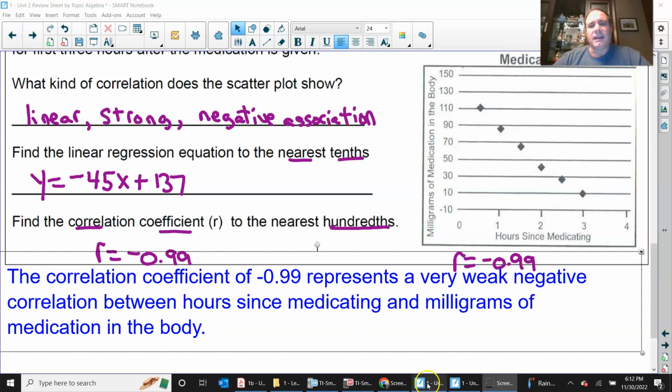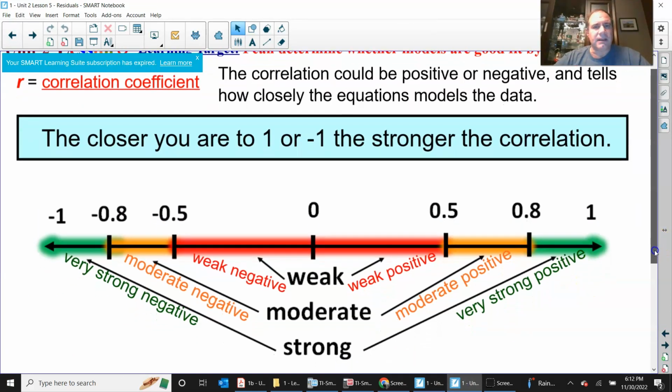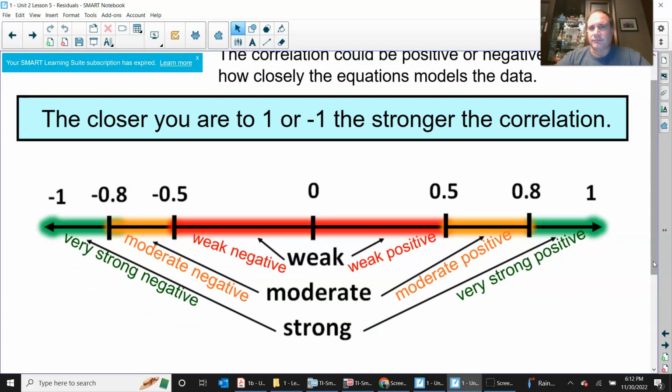And just remember, when we went over in class, we have this graphic: a weak negative is from 0 to negative 0.5, and weak positive from 0 to 0.5, and then negative 0.5 to negative 0.8 is a moderate negative, and positive 0.5 to positive 0.8 is a moderate positive. And then you have negative 0.8 to negative 1 is a very strong negative, and that's basically what we're saying right here, because a negative